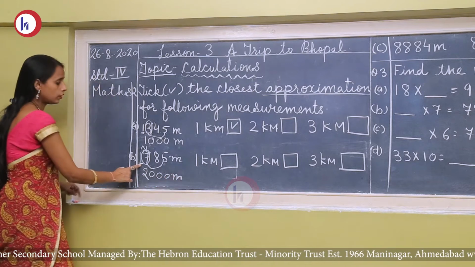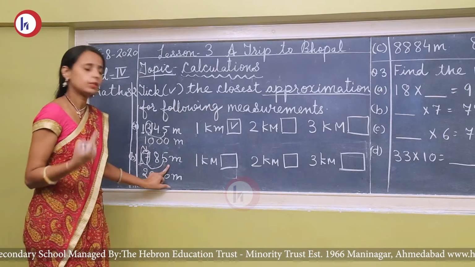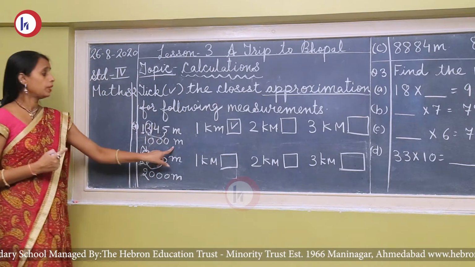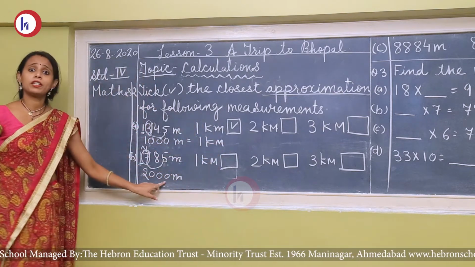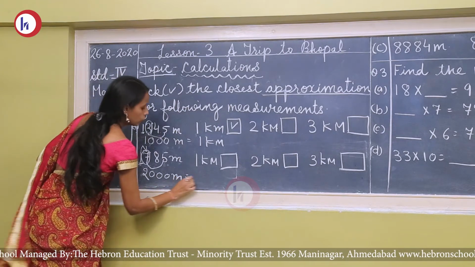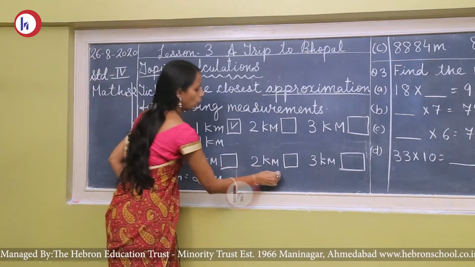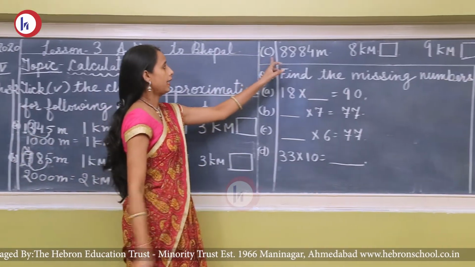Okay, so 1785 meter will be approximated by 2000 meter. So 1000 meter is equal to 1 kilometer, so 2000 meter is equal to 2 kilometer. So which is the correct option? This one. Okay, the next question is